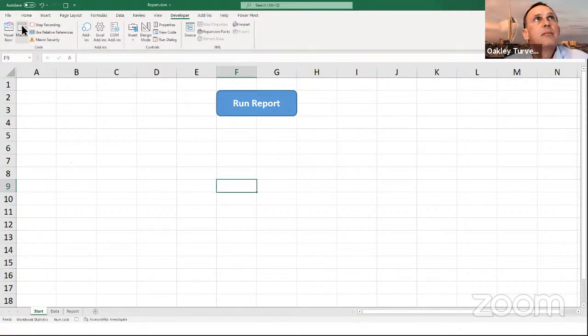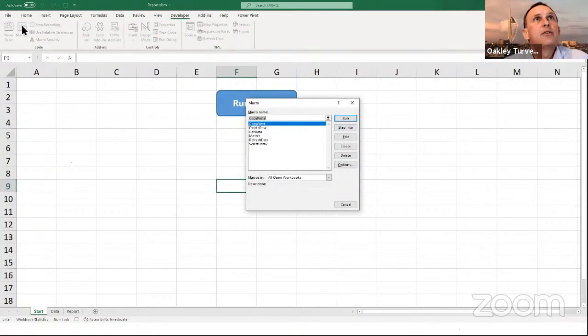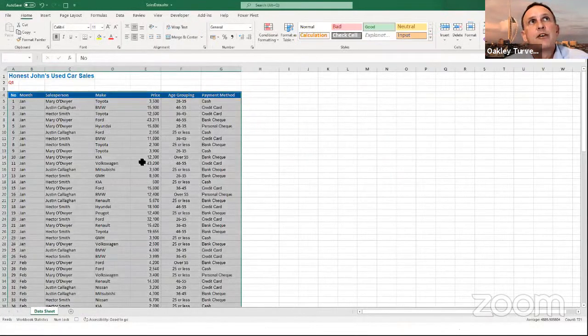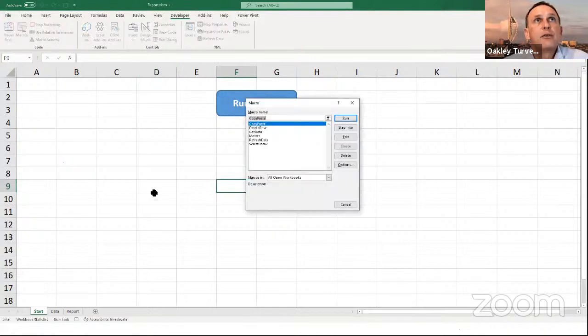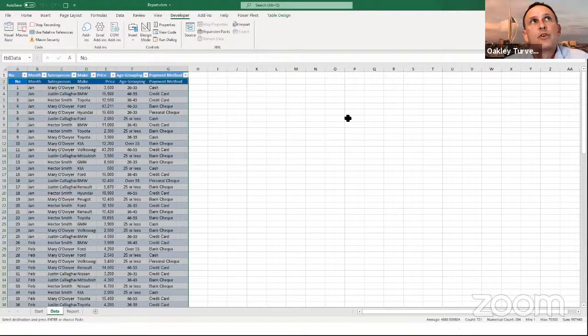So macros. The next one was selecting the data. And that changes me to this one, selects all the data. And now again, I'm going to record myself changing back to this file. I'm going to go macros. So I've selected the data. I then want to copy and paste. So it's that one. And run. So I've copied it, I've pasted it, and I'm back on this sheet.